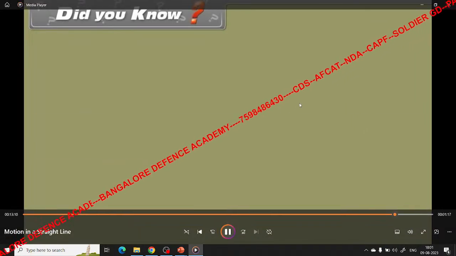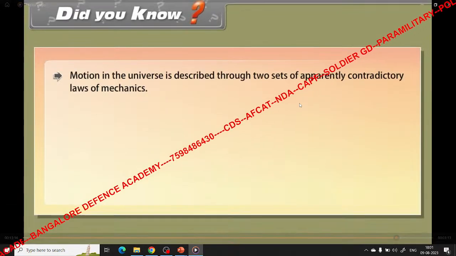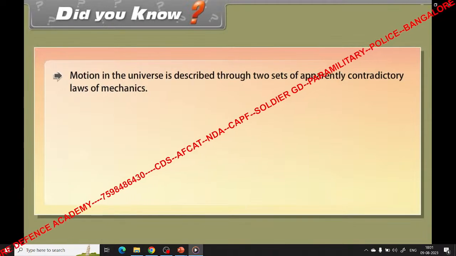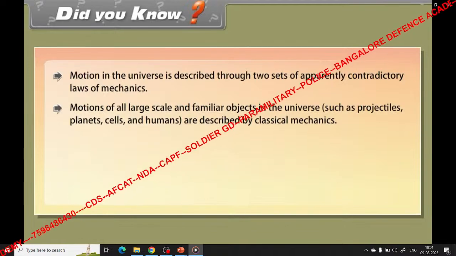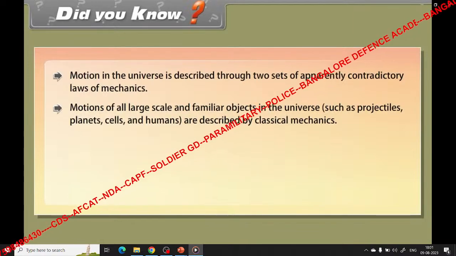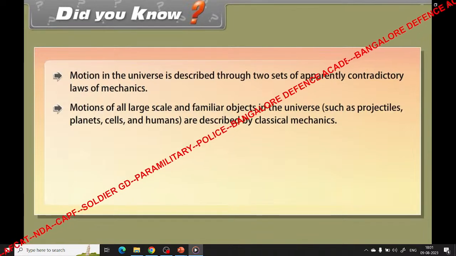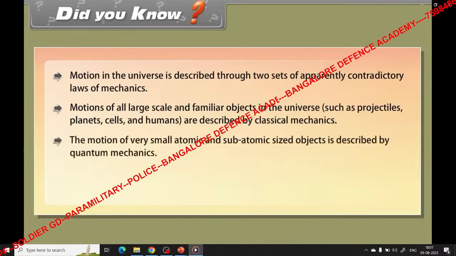Did you know? Motion in the universe is described through two sets of apparently contradictory laws of mechanics. Motions of all large-scale and familiar objects in the universe, such as projectiles, planets, cells, and humans, are described by classical mechanics. The motion of very